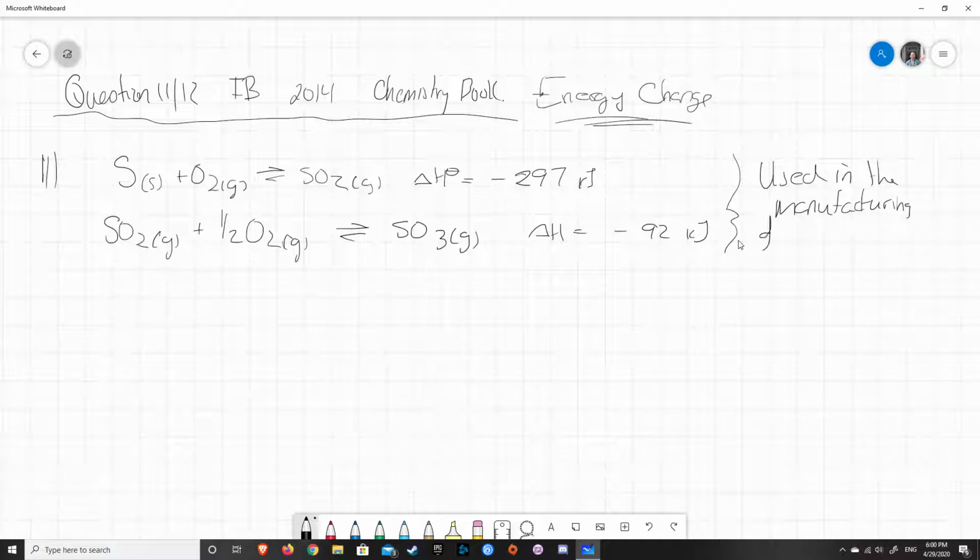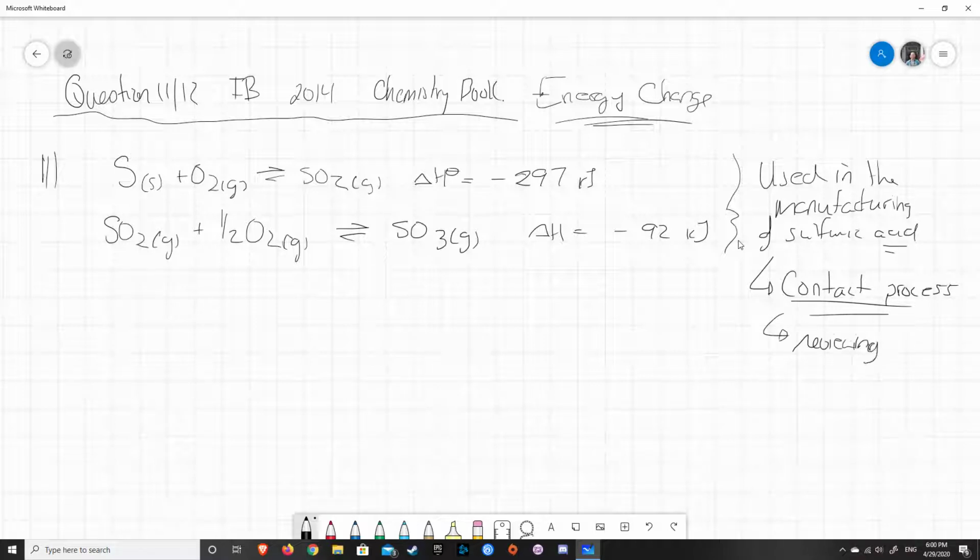of sulfuric acid. And if you've done IGCSE, this was called the contact process. So if you remember, we reacted sulfur trioxide to oleum and then diluted oleum in water to release sulfuric acid. If you don't remember the contact process, it's worth reviewing because as you can see, it's coming up again, even in IB. So it's not bad to review the Haber process and the contact process and the conditions of the